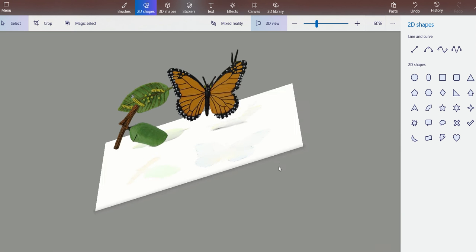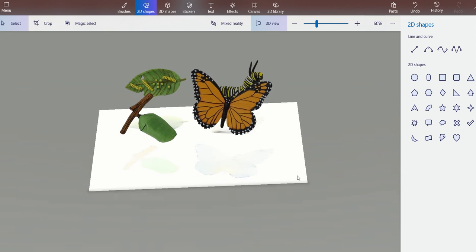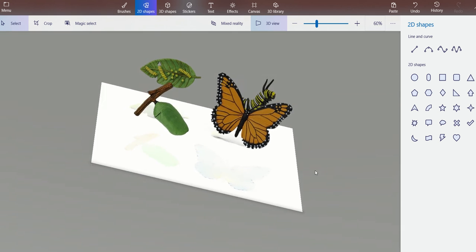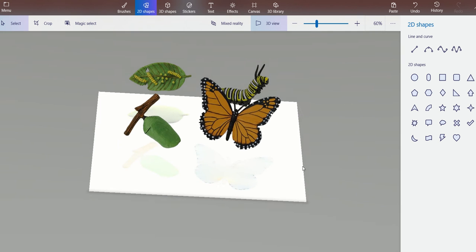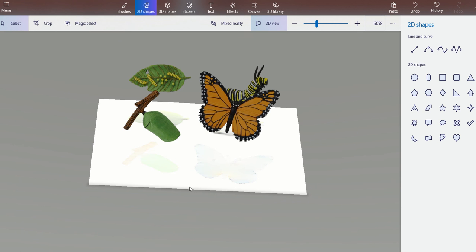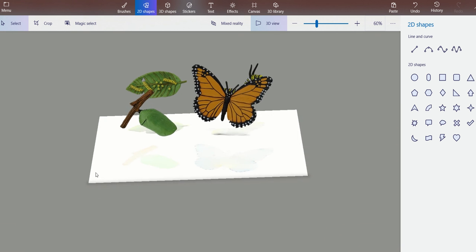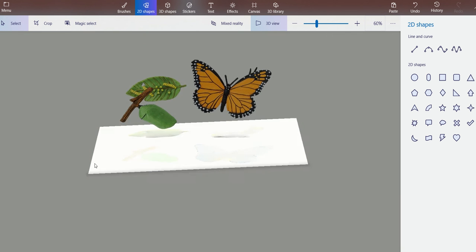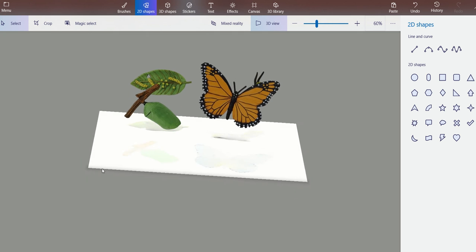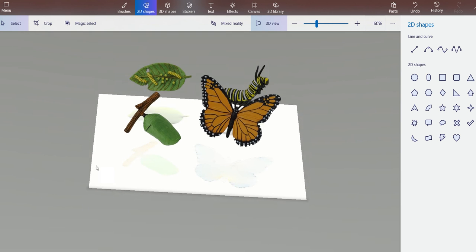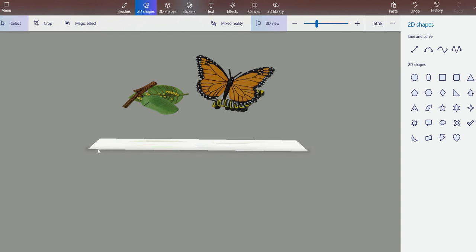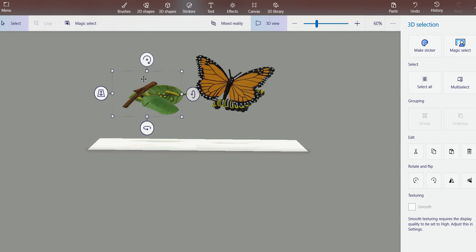So again, I need this image to be a little bit like this. Okay, so if it is like this, what I can do is rotate this particular image a little bit.